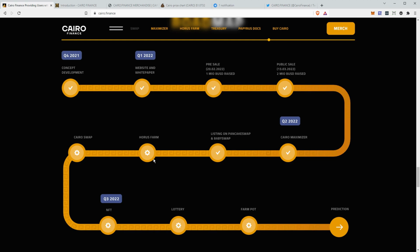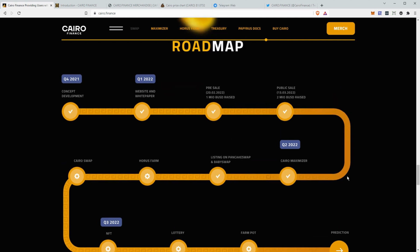But that is coming out within probably the next 2 weeks from what I hear. And they're also going to have a swap platform. They're going to have some NFT work, a lottery going on, a farm pot, and who knows what else, guys. There's a lot coming for the CAIRO ecosystem. So this is why it's exciting to get in on the first level and really have a good chance at